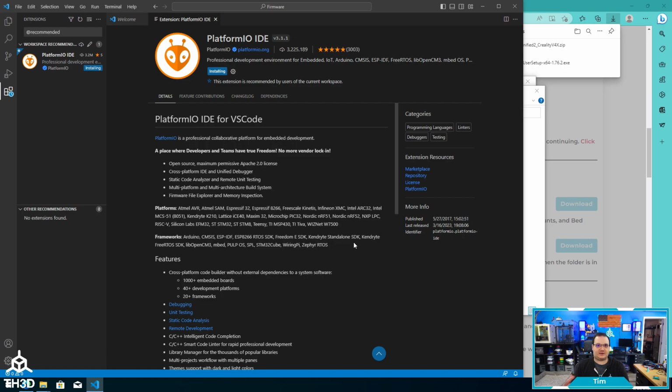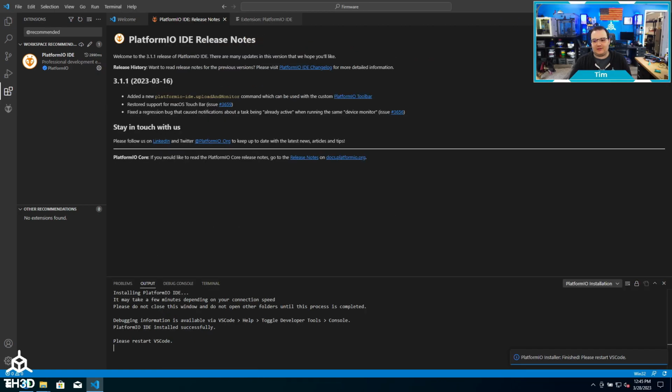Depending on the speed of your computer, this may take a minute, it might take up to 10 minutes. So we're going to let this install, and this is necessary to compile the firmware. Once this is done installing, we'll come back and I'll show you guys how to actually use the firmware and build a file. You can see here in the bottom right hand corner, the PlatformIO installer has finished,